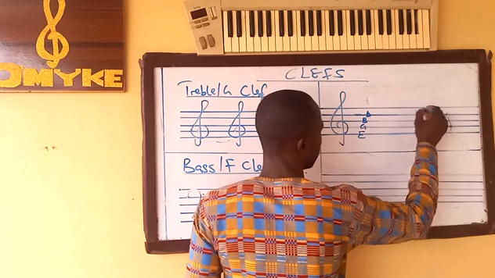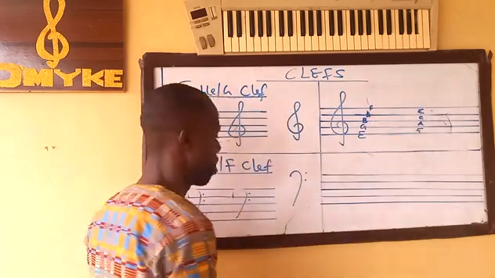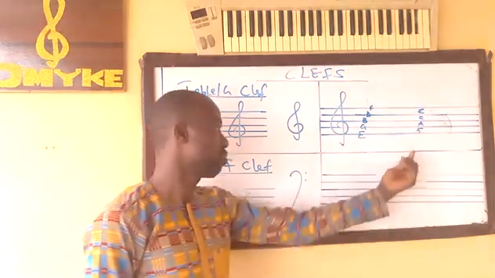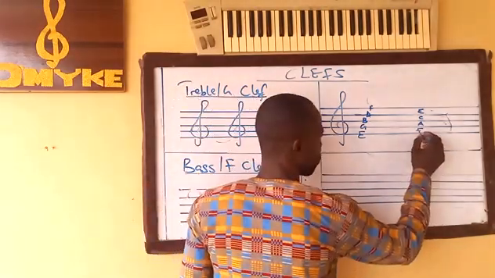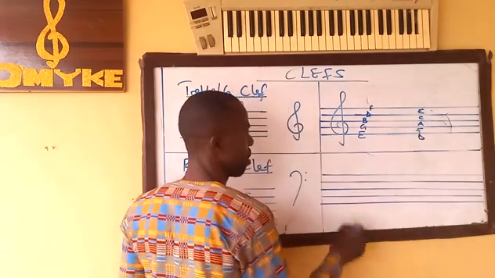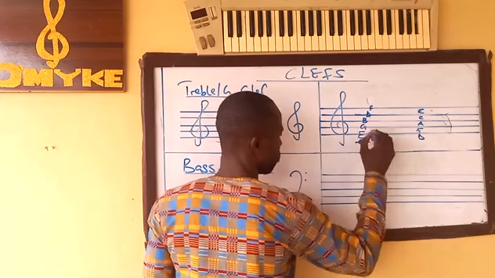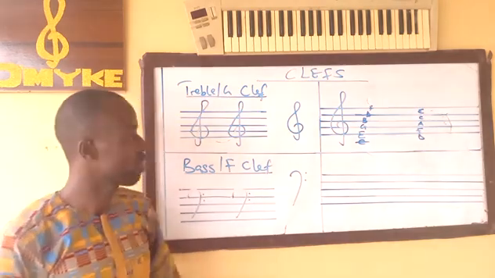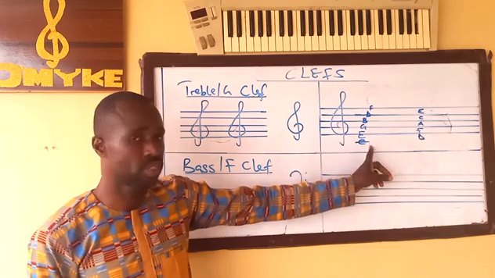D, E, and F. Now, since this line is E, there is a space under it here. That is D. And there must be a line under this D, C. So in grade 1, we are expected to know that there is a ledger line here called the C, the